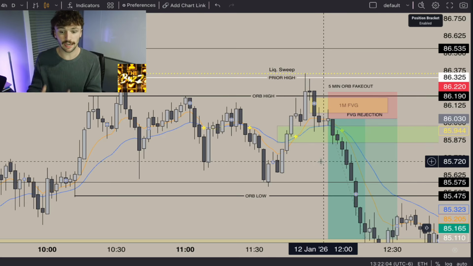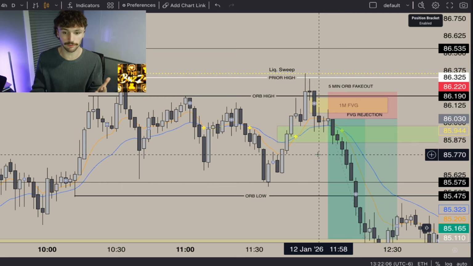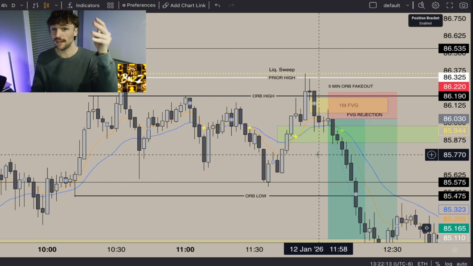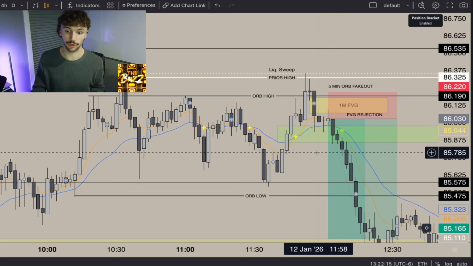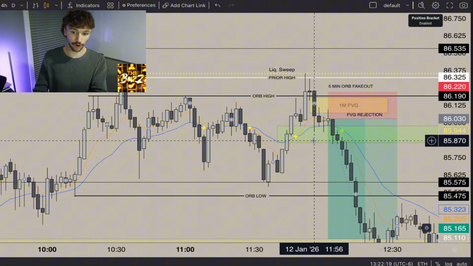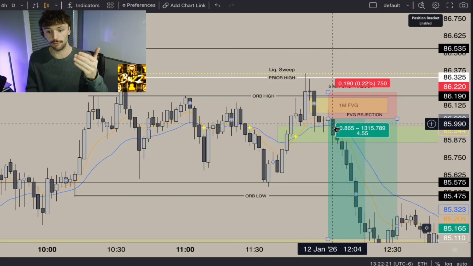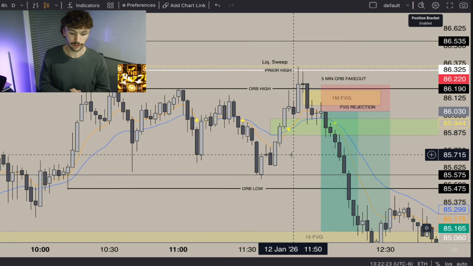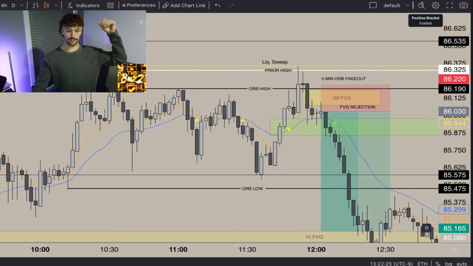Follow these trades, stack up your confluences. We have 5 pieces of confluence: liquidity sweep, ORB high gets faked out, 1-minute fair value gap rejected, 5-minute fair value gap broken, and we have our EMAs that have now been broken as well, crossing to the downside. Now, what do we do there? We already have entered off of our 2-minute candle right there. We break through our 5-minute, and what do we do? Something that looks a little bit like this.